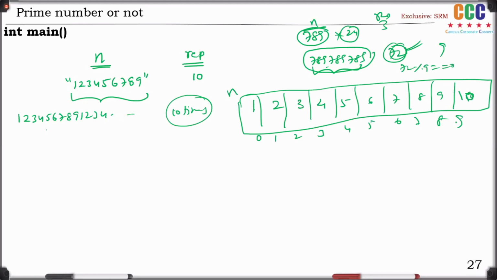Okay. If there is a digit in character format, how can I get its equivalent integer? What are the ASCII values?